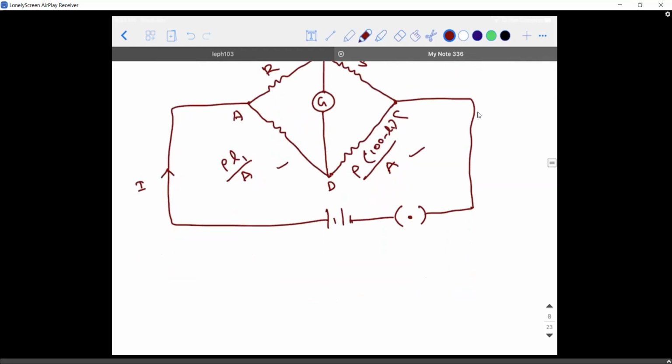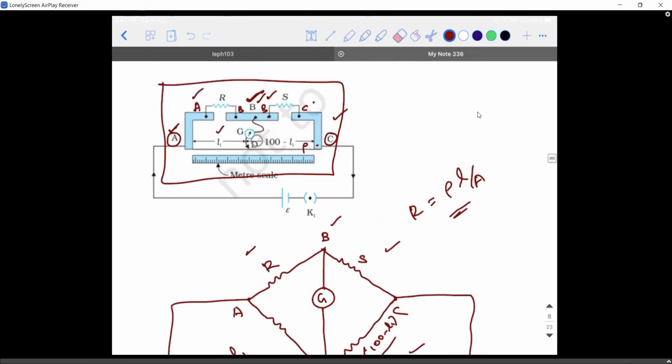Now, I told you about the jockey, right? The jockey has a sharp point, a metallic part. That metallic part will be slid along this wire. That wire was missing in the diagram, but it will be slid. When you keep sliding it, at one point you can observe that the galvanometer will stay still. For example, let us say the jockey was here initially. If the galvanometer showed a deflection like this, as you keep approaching the point D, the galvanometer's deflection will change.